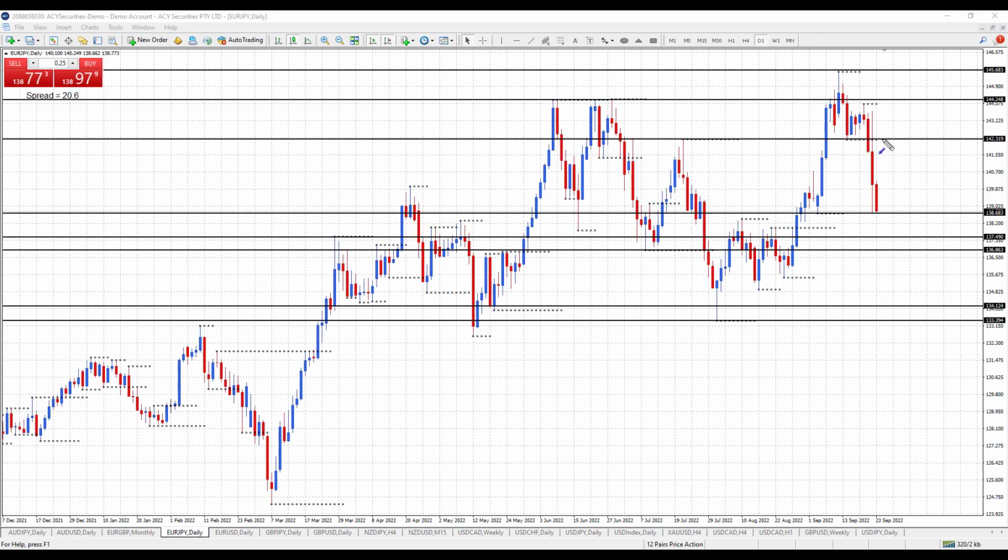So we broke below 142.31 daily support last week, traded down to the next level of daily support at 138.68. So at the start of the week, this is a level to watch. Does this hold? Do we get a relief rally back up the range? This could obviously come all the way back up to broken support to be resistance here at 142.31. Or at the start of the week, do we simply still sell off? Do we move below